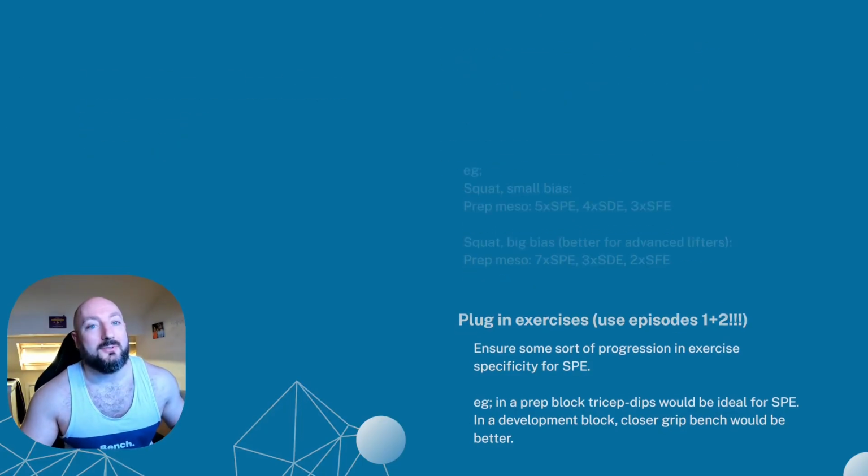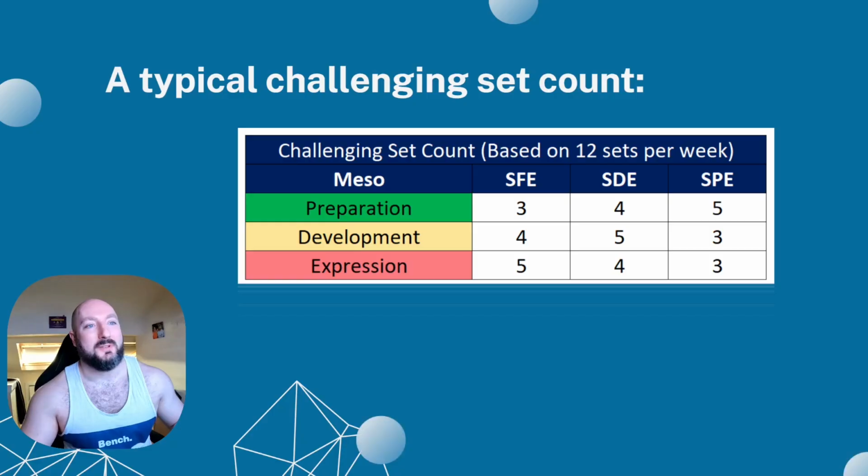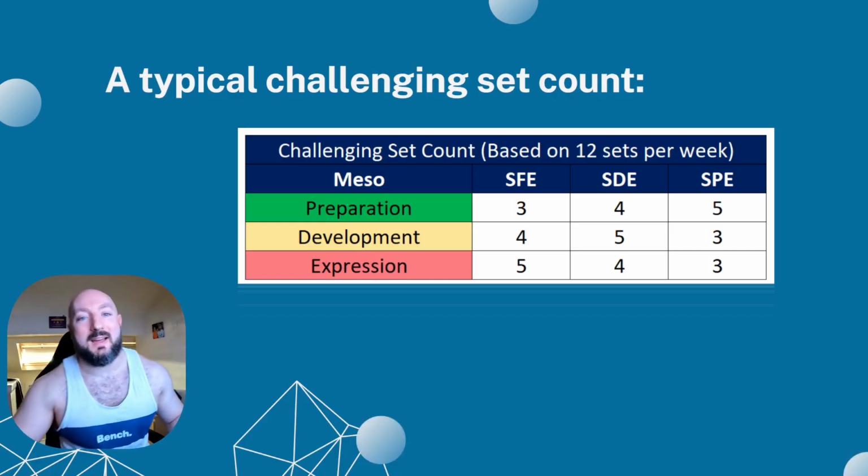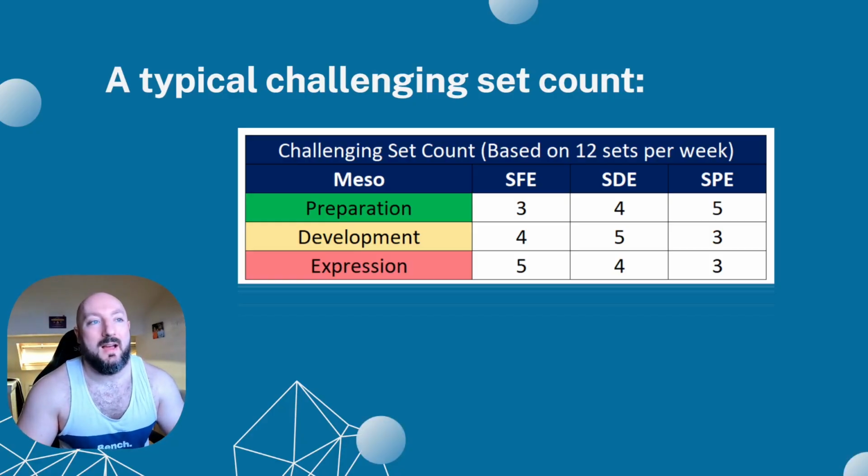So onto the good stuff. You actually want to see physical numbers. A good starting point for your first large top-down cycle, in terms of sets per week per lift, would be, say for example on squat, in a preparation phase, you would only do 3 sport form sets, 4 SD sets, and 5 SPE sets. And same with squat, and same with dead.